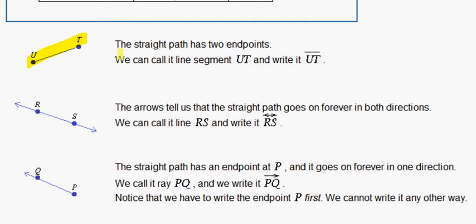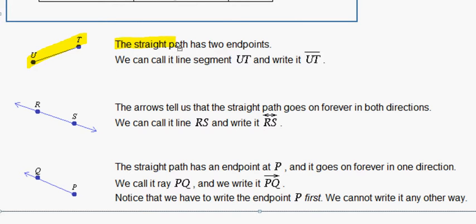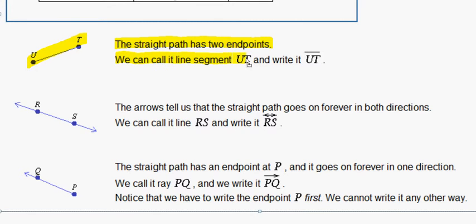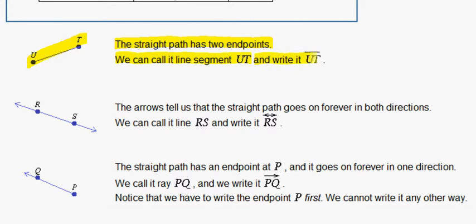In this example, the straight path has two endpoints, U and T. We can call it line segment UT and write it as UT with a straight line over the top. In this example,